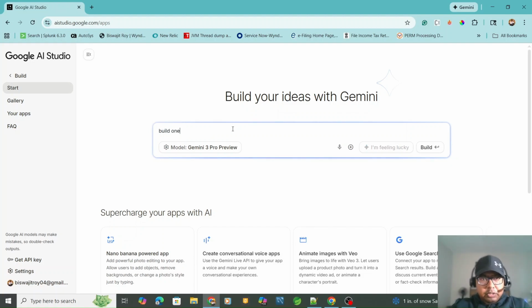Build one Spring Boot. So I'll be asking Gemini to use Spring Boot as the code, means doing the code in Spring Boot. This is basically what we do in Java at this point. We mainly use Spring Boot applications. So I'll be asking build one Spring Boot